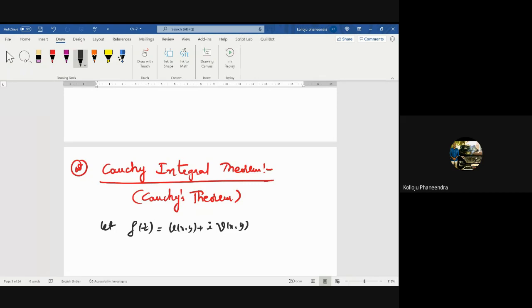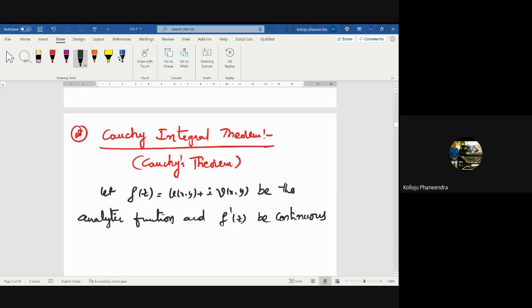Let f of z equal to u(x,y) plus i v(x,y) be an analytic function, and f dash z be continuous in a simply connected domain. In a simply connected domain D, then